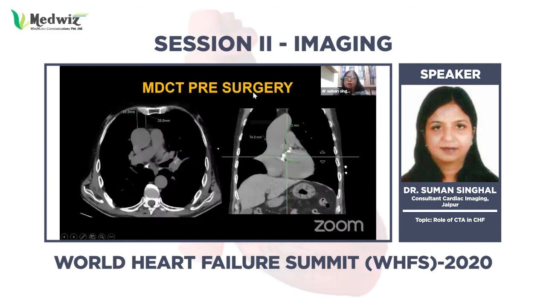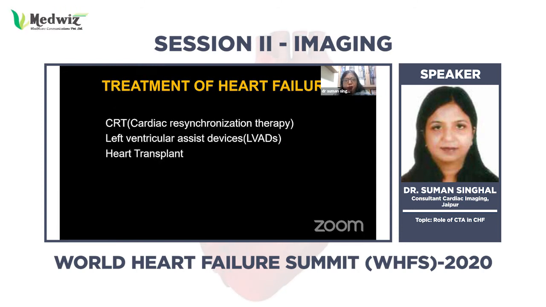In our hospital, we are using CT also to evaluate the alpha angle and the distance from sternum to the aortic arch, the ascending aorta in patients who are undergoing mini AVR, to see whether they are accessible for mini AVR or not. If the alpha angle is more than 45 degrees, then the surgeon definitely goes and tries for mini AVR in patients of aortic stenosis.